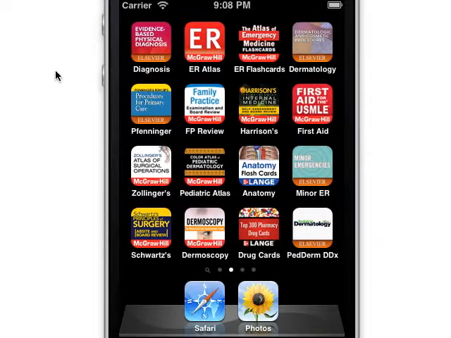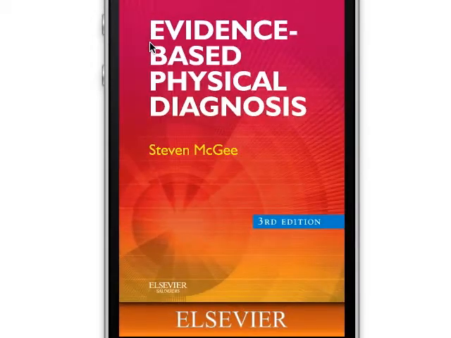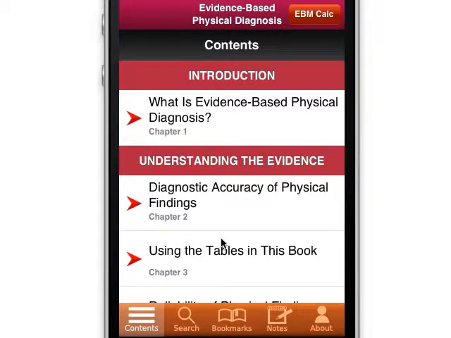Usatine Media presents the Evidence-Based Physical Diagnosis app by Stephen McGee, and this app will allow you to practice evidence-based medicine with all the data that you need,